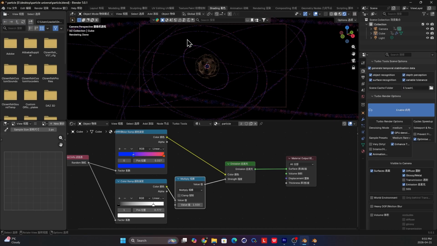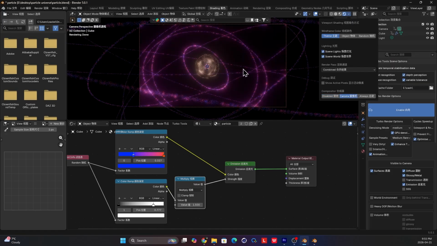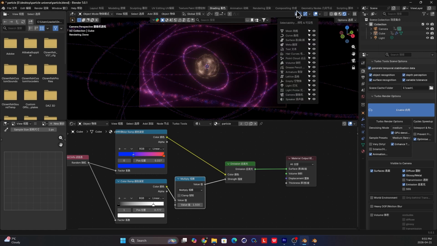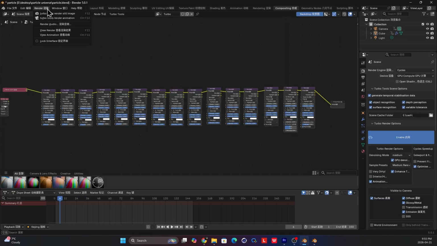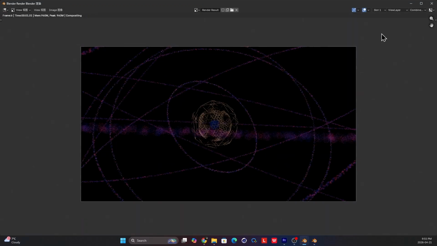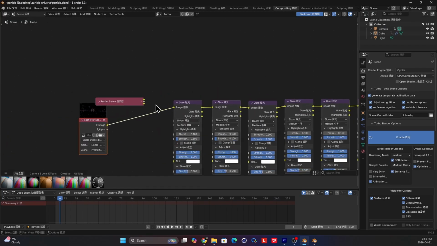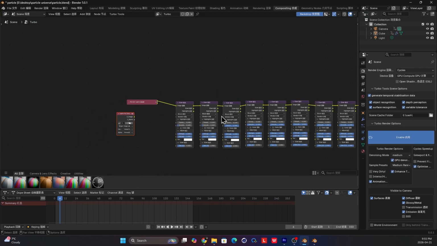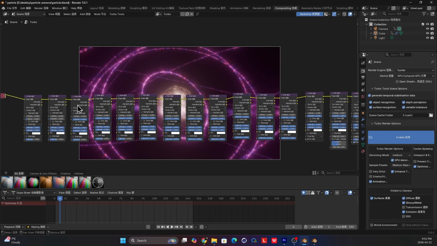So this is the default effect. It looks boring, I think. If you turn on the compositing, you will see it's very different. That's what I see. The compositing is the most important part. Let's go to compositing and click render. So you will have this. And then let's reconnect this layer to this. Okay, preview. So you can see I have many